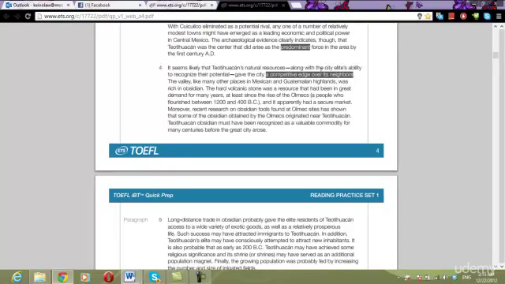Stable is a qualifier. It describes something. Stable. It's an adjective, right? It's an adjective that describes. I don't see that, so I know it's wrong. Okay? Choice C is wrong because it's not mentioned. Now, later on in this paragraph, they do mention something about tool making and making tools